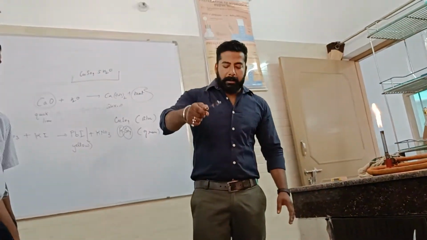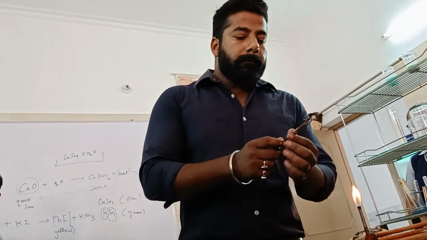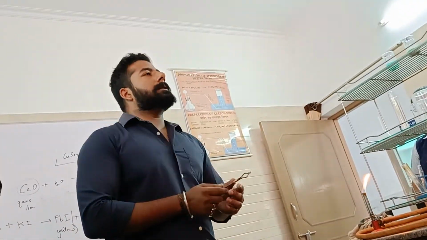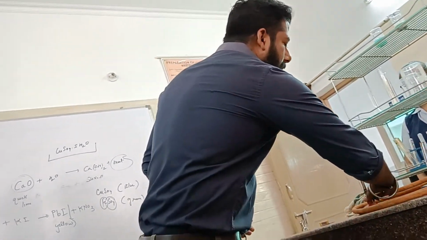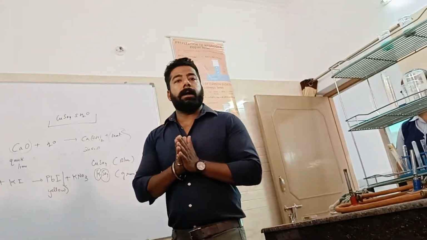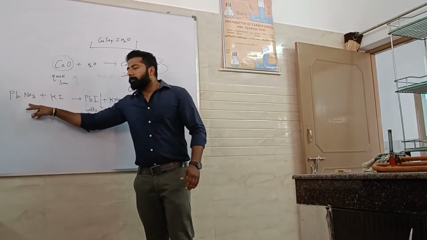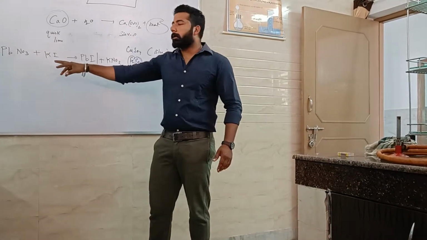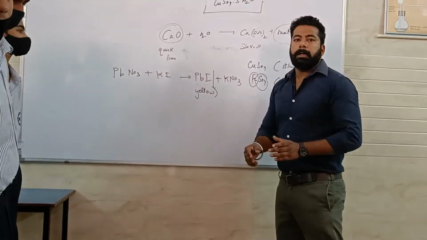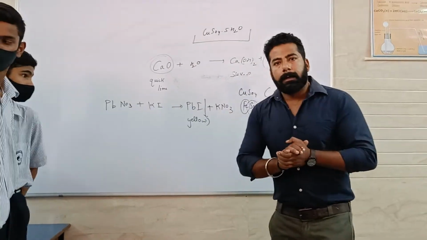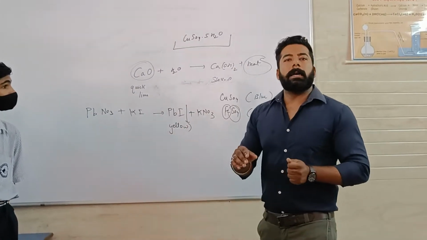So this is our first reaction. This is magnesium oxide. Now we are performing another activity. As we all know, chemicals are not a cakewalk for everyone. As we already wrote on the board, we have a lead nitrate solution and a potassium iodide solution. When the aqueous solutions of lead nitrate and potassium iodide are mixed together, a precipitate of lead iodide forms, which is yellow in color.